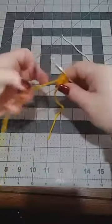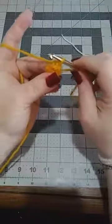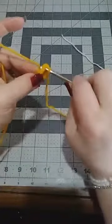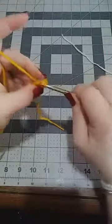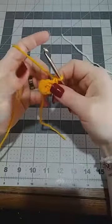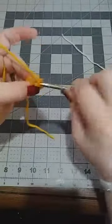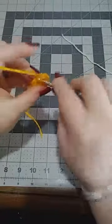The first thing that we're going to do is 2 single crochets in each stitch around. So we're going to go right to our next and do 1 single crochet and 2 single crochets. We're going to do that all around for a total of 12. So now I'm going to count. I've done 2. Now I'm going to do 3 and 4, 2 in each one, and then 5